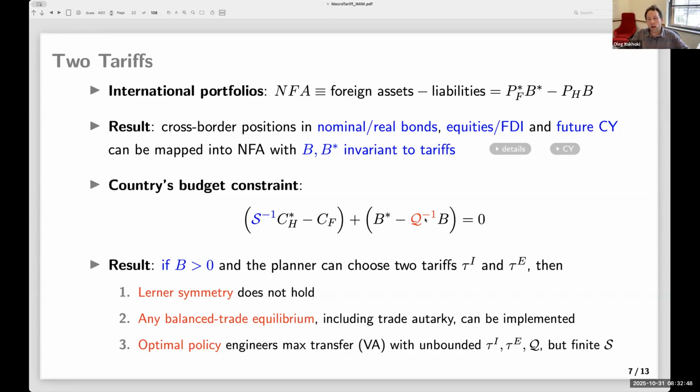Good question. So I will have a little bit of time towards the end to talk about the initial stage of portfolio choice. And you can ask the question, why would you ever, as a foreigner, choose that if you know that that is happening? And that's a really good question. Did the foreigners know that a trade war is coming? Or they assumed that there was commitment to no trade war and now it's a surprise? These are all interesting questions. But you're right. It turns out there is a non-trivial portfolio choice even when everybody anticipates tariffs. And I will talk a little bit about it towards the end.